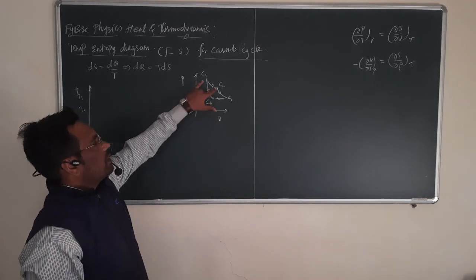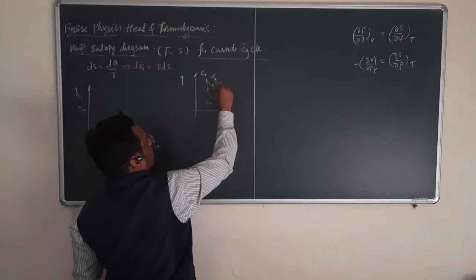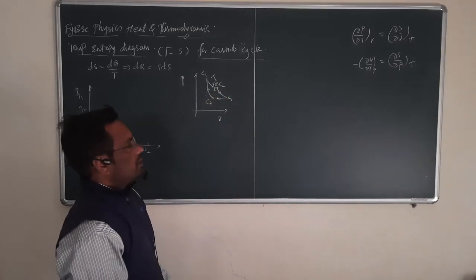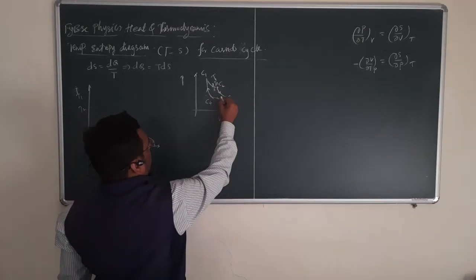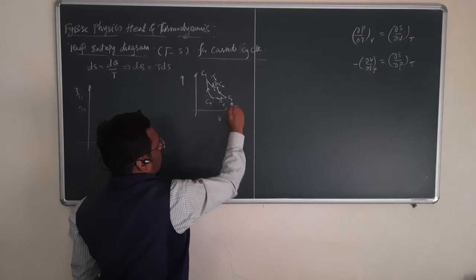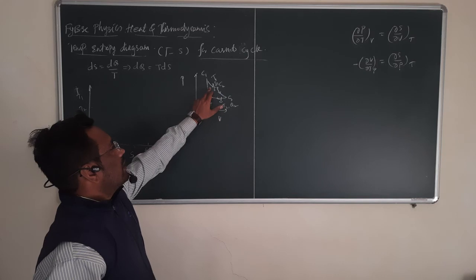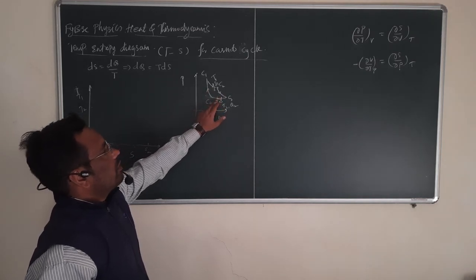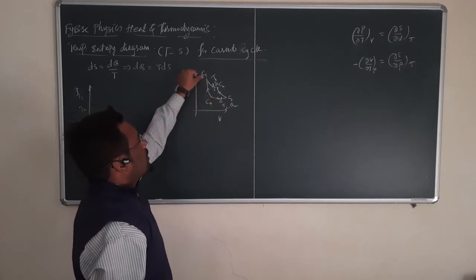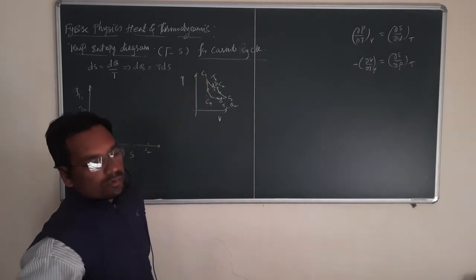Along C1, C2, we know that the temperature is T1 and the amount of heat energy absorbed is Q1. So C1, C2 is isothermal expansion. C2, C3 is adiabatic expansion. C3, C4 is isothermal compression at temperature T2, which is less than T1, and the amount of heat energy rejected is Q2. And C4, C1 is adiabatic compression. So these four processes are completed and the system comes back to C1. So the cyclic process is completed up to C1.